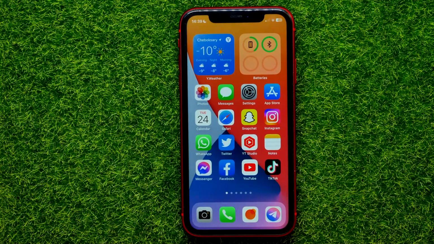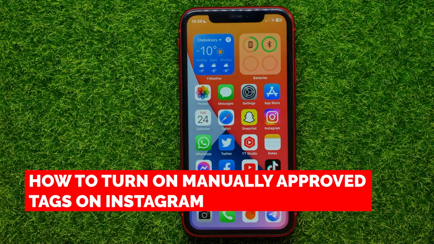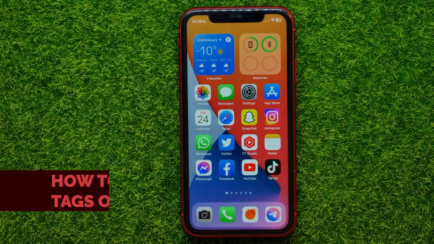Hello guys, welcome back. In this video I'm going to show you how you can easily turn on manually approved